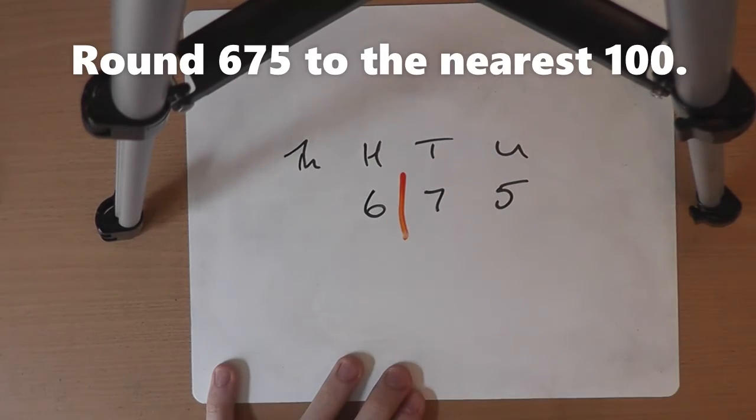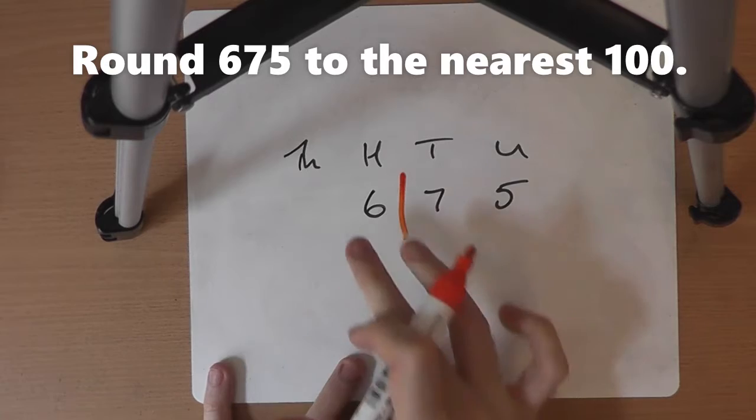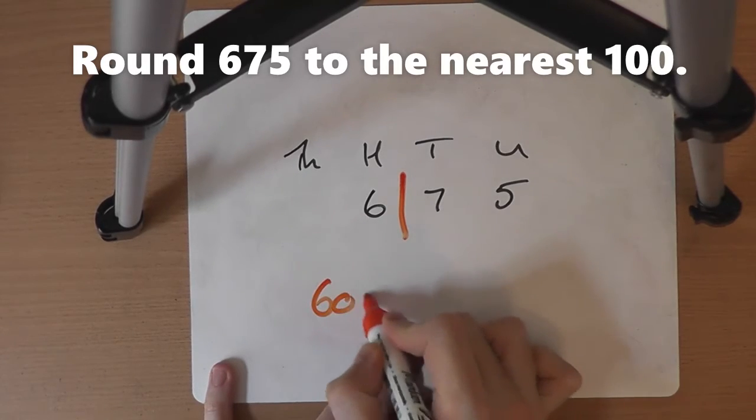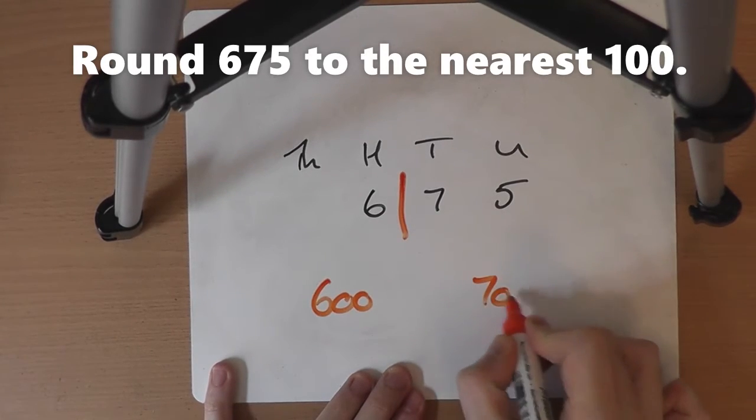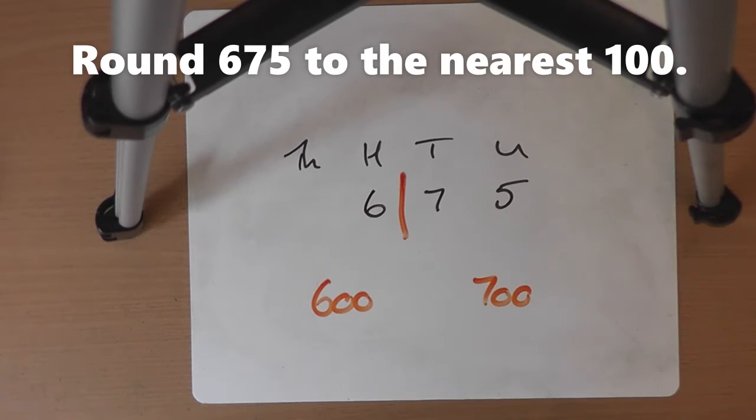This hundreds number is the one that's either going to stay as it is or it's going to change. So it will either stay as it is and be a 600, or it will change to the one above and be a 700, and 600 and 700 are the two hundreds numbers that 675 lies in between. To see which one we are closest to, we look at the first number after that split line, the first digit, and that is a 7. The 7 is more than that 5 halfway point, so it's going to push us up to the higher value,